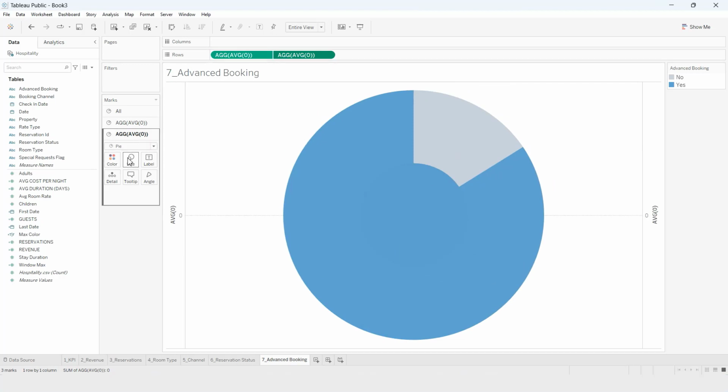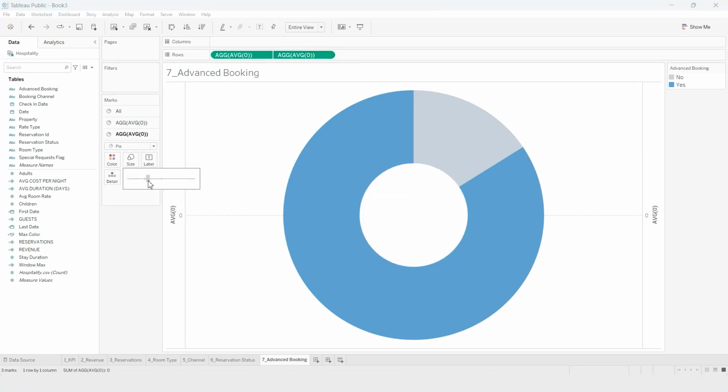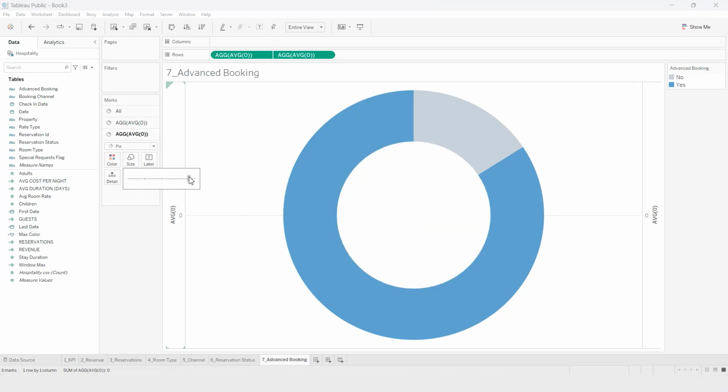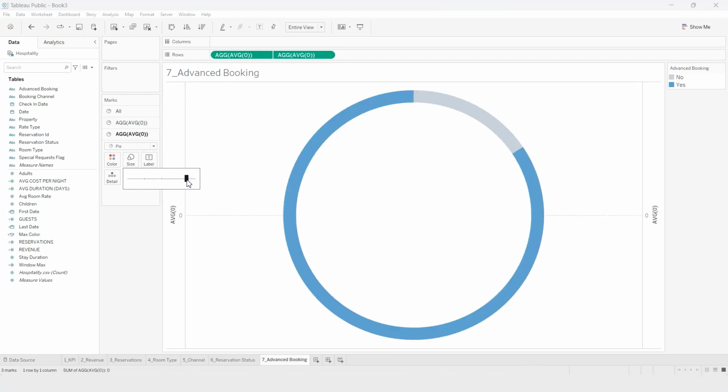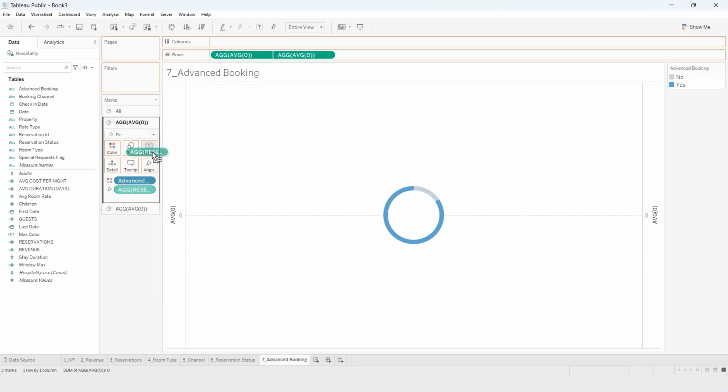Okay, now this one, let's make it white. Okay, and let's increase the size. Now we can actually make this size a little smaller, and this one obviously a lot smaller. Okay, now we can show the value of reservation also in the label, and